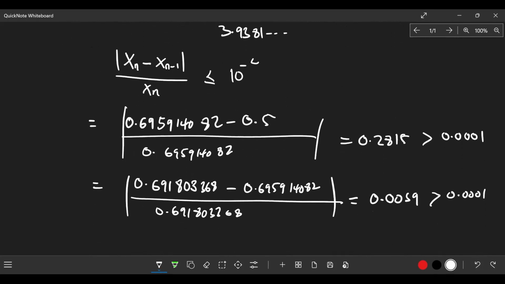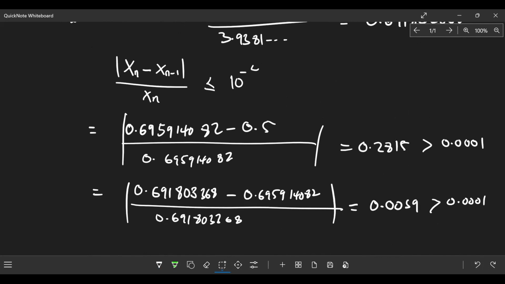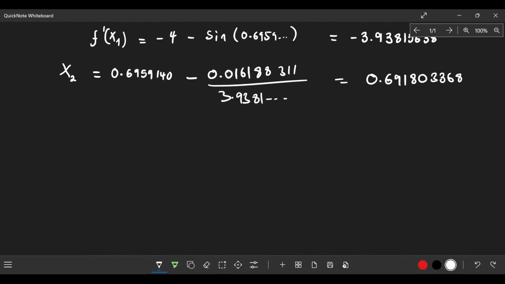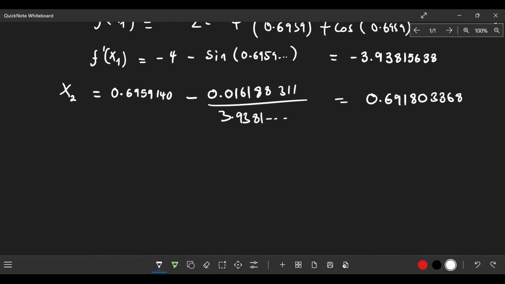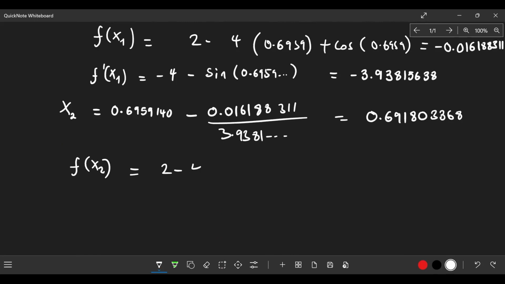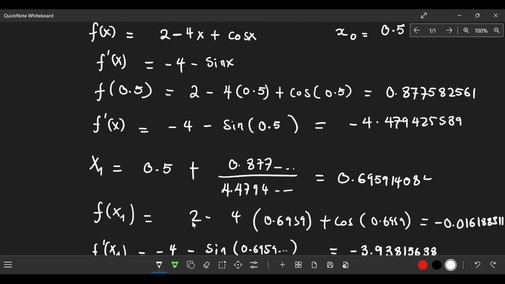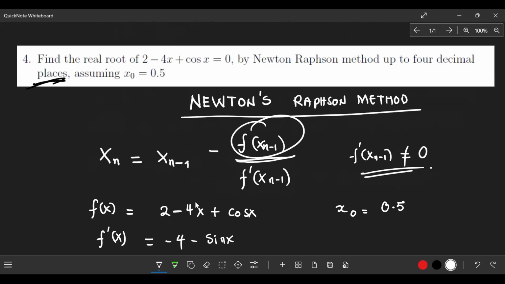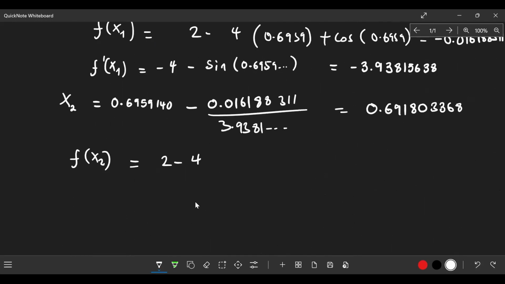So what will be the next iteration? So I can maybe just remove this. Let's do another iteration. So this will be x3. Okay, so we need to find x3. Before we do that, again, let's repeat the process. So f of x2: we need to find this f of x n minus 1 first, right? And also its derivative. So 4 times